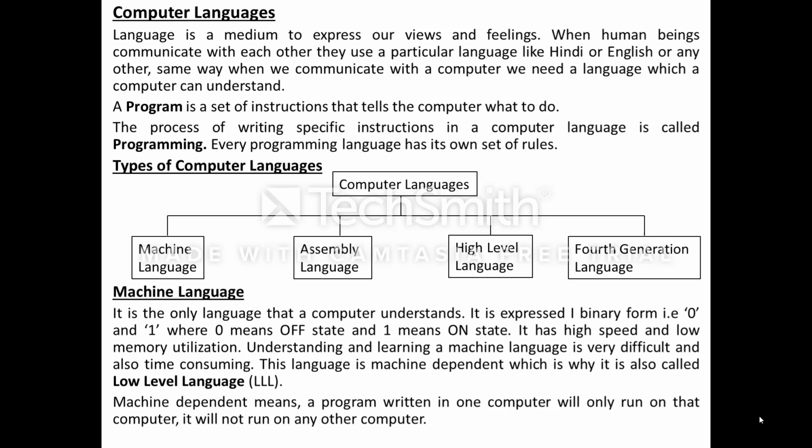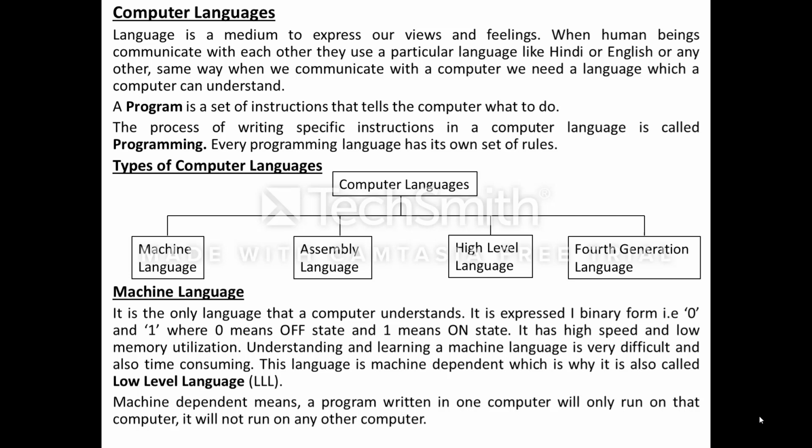Now imagine us people learning machine language to communicate with the computer. That is not possible for us, right? So there is a different way of communicating actually with the computer. We'll come to that later. At the end of the chapter, the topic is there, through which we'll come to know how we communicate with the computer. Okay. For now, just understand that computer only understands a machine language. Machine language uses 0 and 1. 0 means off, 1 means on.